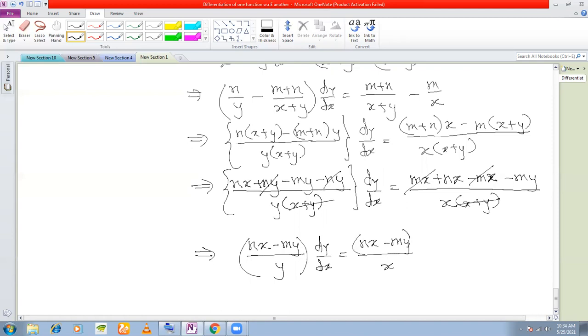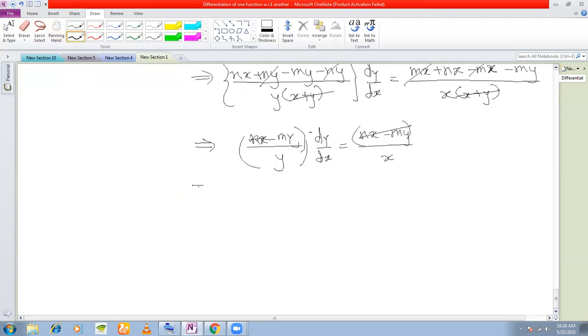Okay. So here again these two will cancel. Or better still, we don't cancel. Now that we have reached this step, numerators we don't cancel actually. Okay, denominator we can cancel. It is always better to take everything on one side because if you cancel this on both sides, you will lose solutions, remember. Okay, you take this on this side, nx minus my divided by x is equal to 0.